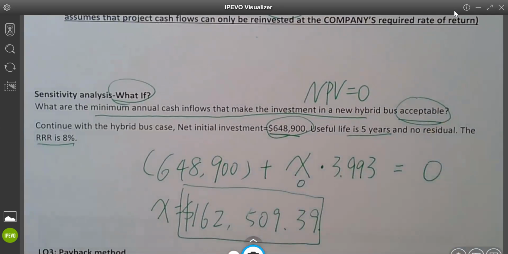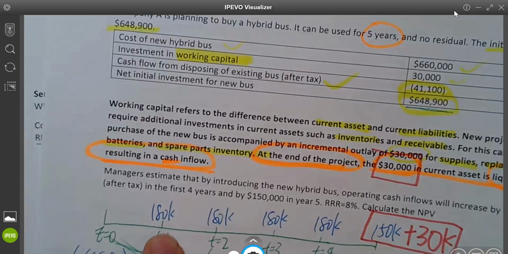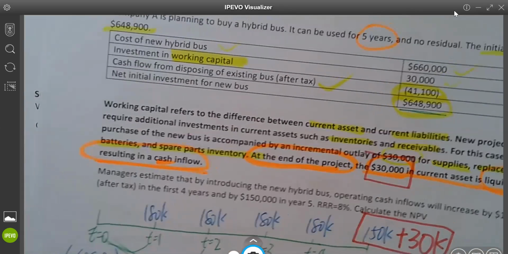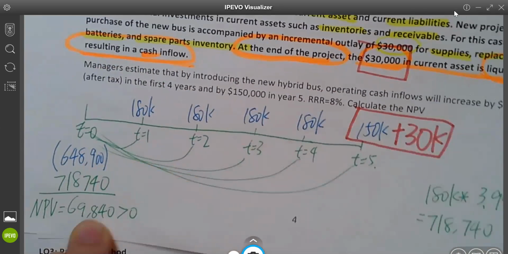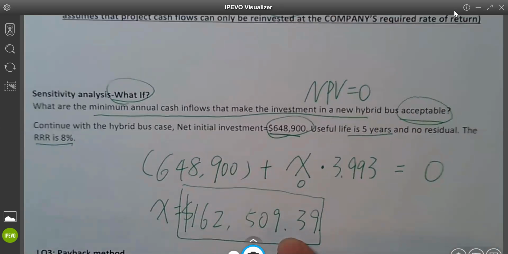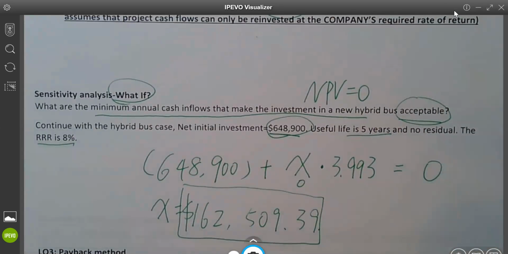Remember, we said for our real case, every year we got 180 actually. So that's the reason our NPV is positive instead of 0. We got a little more money every year, so our NPV is positive. So what I want to point out here is very important, is for the